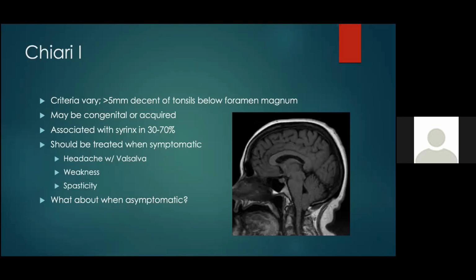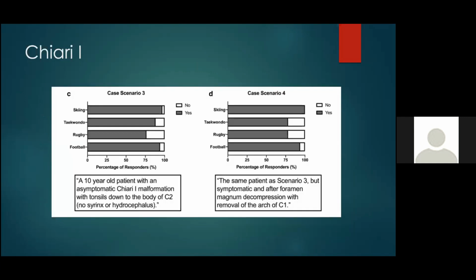Like, what if someone has had an MRI or a CT done for some other unrelated reason? It shows that they have low-lying tonsils. Should they be allowed to participate normally in sports? And again, I was kind of surprised by this. In the same study that I cited earlier, a lot of the pediatric neurosurgeons in the UK said